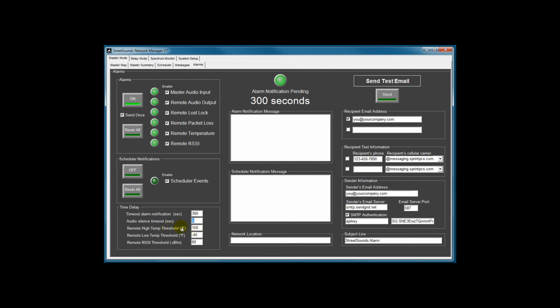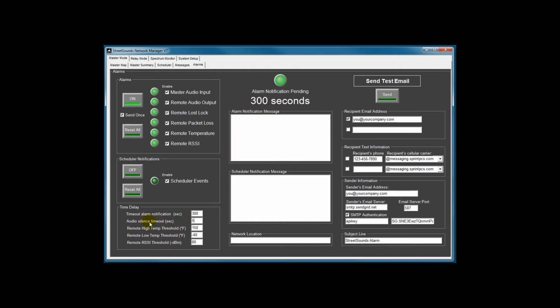The system can easily operate up to 150 and down to minus 40. So anything outside of those bounds would get alarmed. And then the RSSI, Received Signal Strength Indicator, if it drops below minus 80 dBm, that will send an alarm also. So that's what these settable parameters are. And these stick so that once you change them and you close the network manager, they'll come back to what you set them for. So when we get an alarm, what happens is the timeout begins, and it waits for,